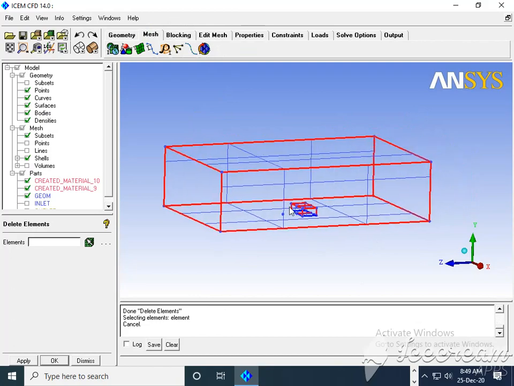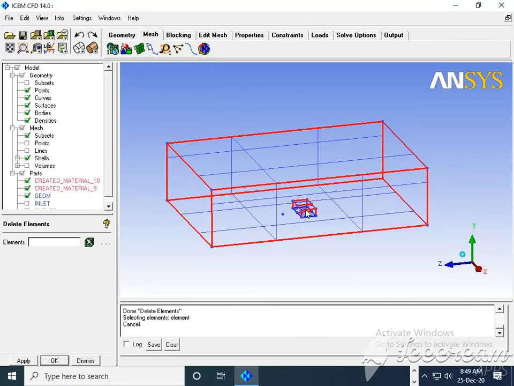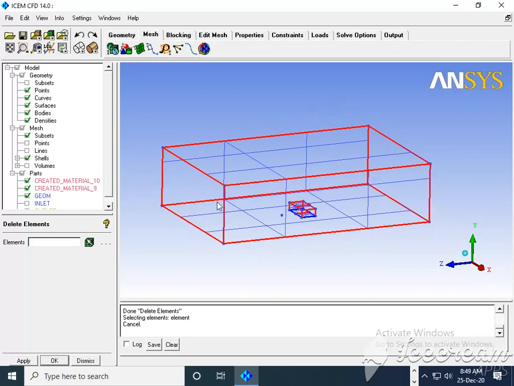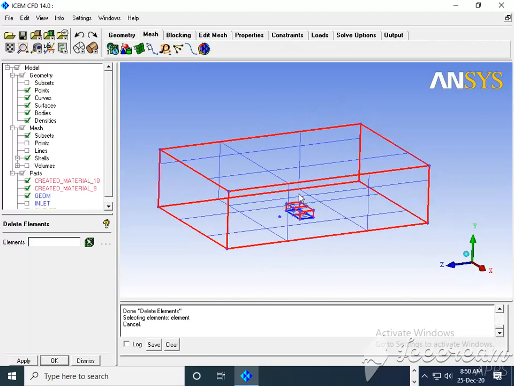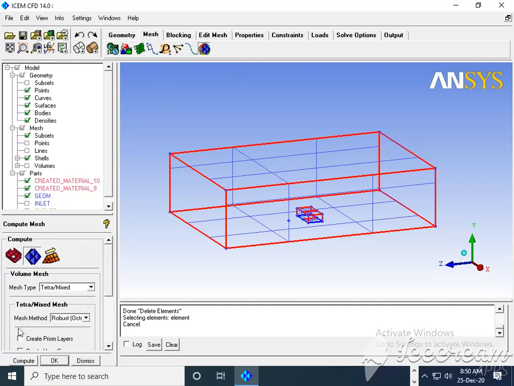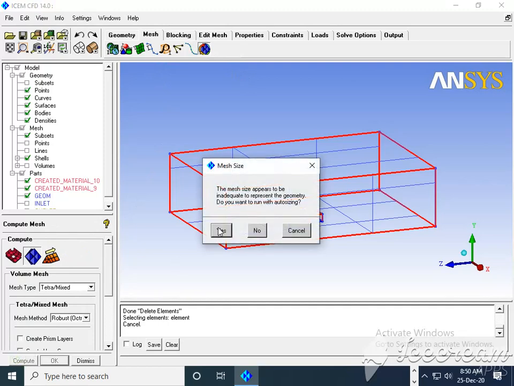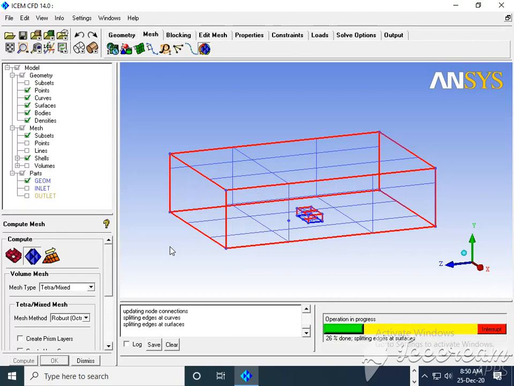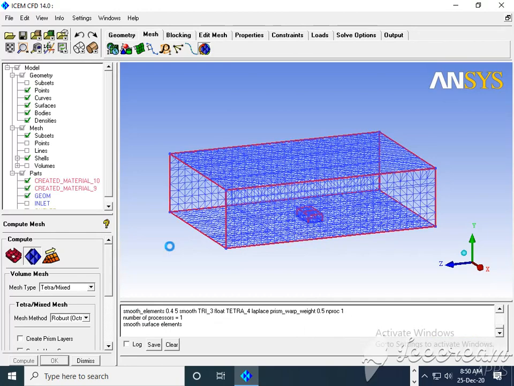the duct. Inside that duct there is one rectangular block, and when we are going to mesh this geometry, we will mesh it with a simple process. First, the global scale factor, we will take as default. Then directly we will go to Edit Mesh, Compute. You can say yes, replace mesh. I have already done it, that's why I am using replace mesh.